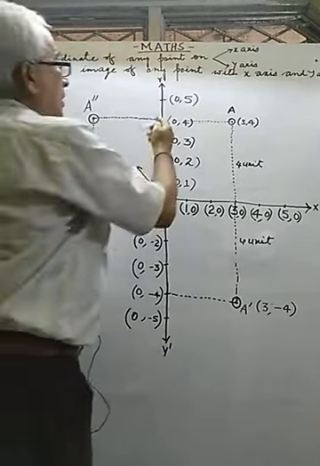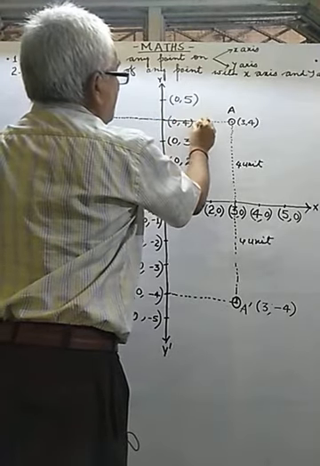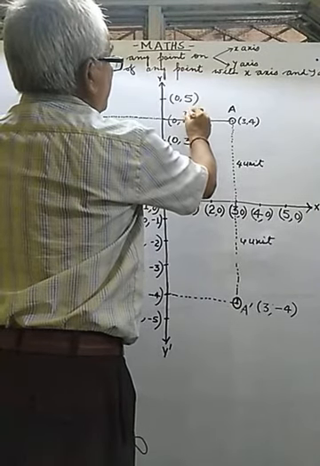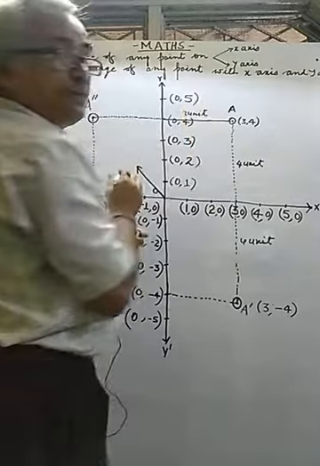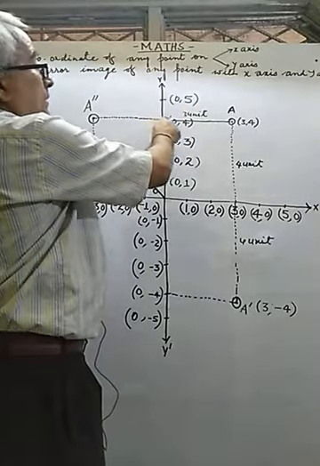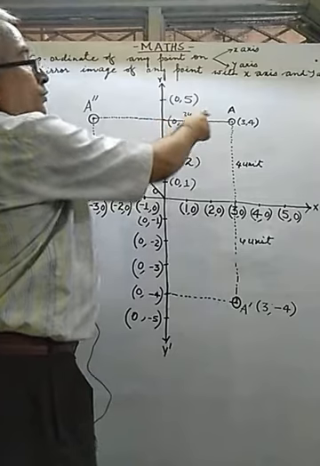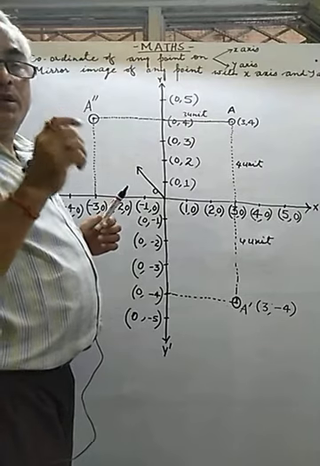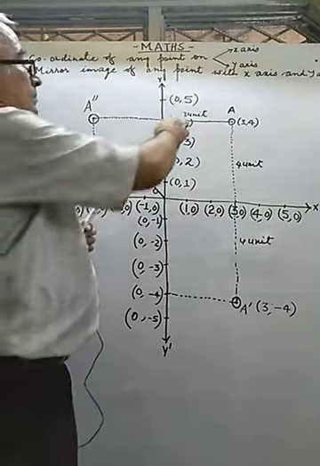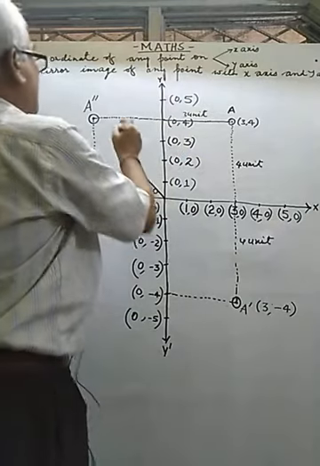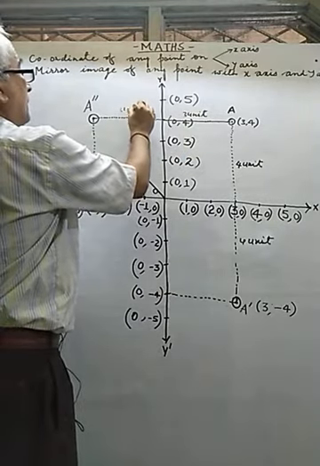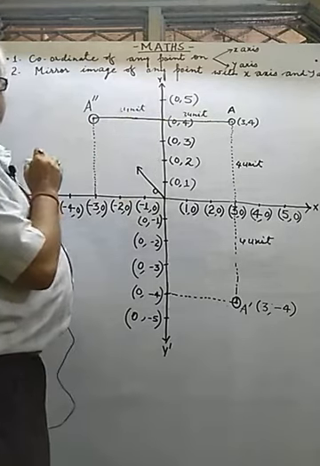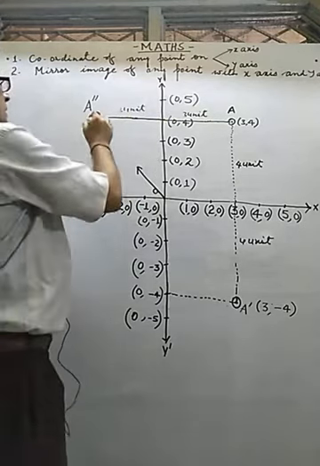Now observe how many units are here from here to there. It is 3, so this one is also 3 units. You may observe it very clearly. The distance of the object from the mirror is 3 units. So what will be the distance of the image from the mirror? It will be the same as this 3 units, so this will also be 3 units. The image will go to the back side, and how many units? It will be 3 units back side.